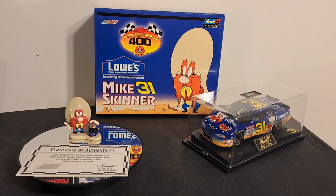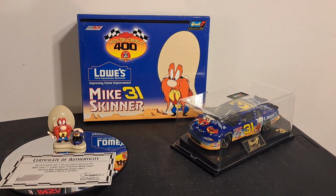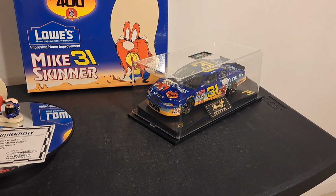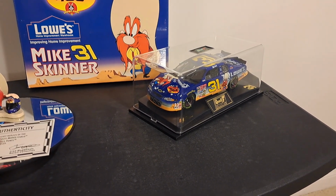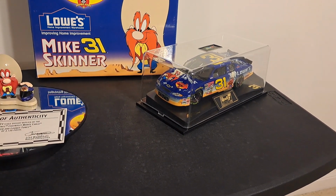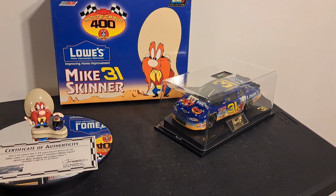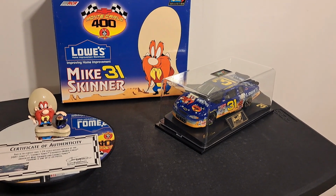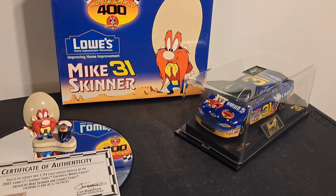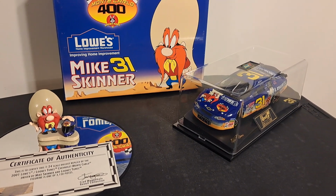Now, NASCAR, in its greed, of course, the following year after they released this, they released the same car just without the certificate of authenticity. In other words, it was an unlimited number of cars they made. You didn't get the figurine, you didn't get the display case or the base. You just got the car for about half the price, and it's so typical, unfortunately, of NASCAR and manufacturers when they have limited releases and then re-release the exact same car just in a different packaging, so to speak, to milk more money out of it, because apparently this promotion was very,